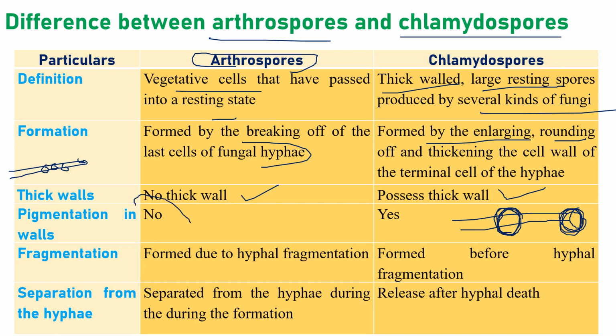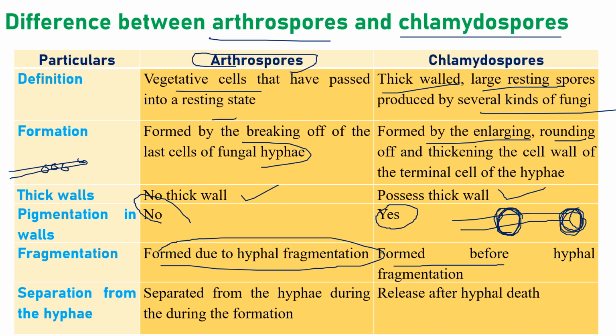Pigmentation in walls: no pigmentation can be observed in arthrospore, but in chlamydospore, pigmentation can be observed. Fragmentation: yes, a fragmentation phenomenon can be observed in arthrospore. Chlamydospores are formed just before the hyphal fragmentation, before the hyphae fragment. This chlamydospore is formed during unfavorable environmental conditions to survive